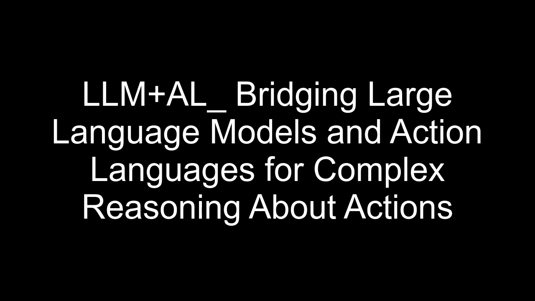LLM plus AL, by using the BC+ reasoner, can reliably determine the solvability of problems within a specified search depth. While it doesn't guarantee finding solutions of arbitrary length, it provides a more robust assessment of solvability than the baseline LLMs. The paper mentions that the declarative semantics of BC Plus is a key advantage. Can you explain why this is the case?